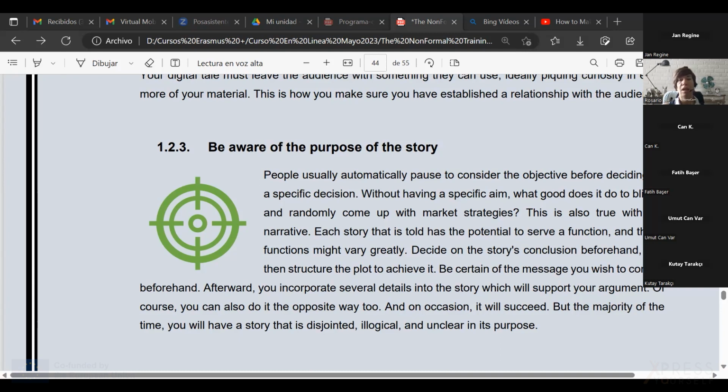Try it. I encourage you to try it right now: get your smartphone or your device of any kind and record a storytelling in that way. It will make no sense. You will be speaking with a broken speech that has no sense, and you will be thinking what to add at the same time. So no, don't do it. I encourage you to do it, but just to see the results of it. A good storytelling needs preparation, needs practice, needs planning, and needs strategies.